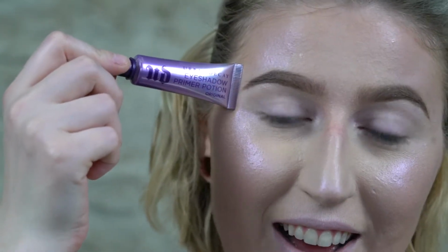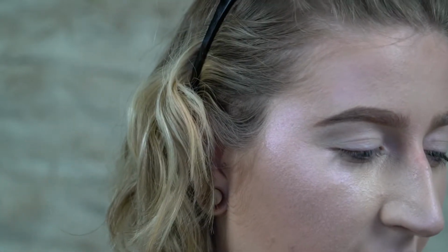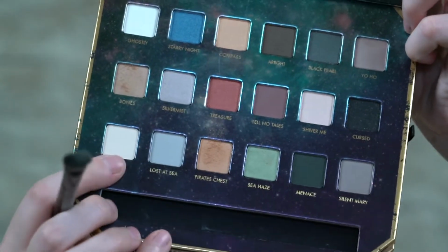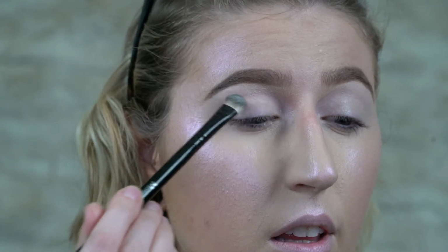And let's just go right in, you guys. I'm going to go in first, obviously, with my Urban Decay eyeshadow primer potion. I'm going to put that all over my lid because of course I am. I am going to take a really dense eyeshadow packing brush, my Morphe B77, and dip into this shade right here, Matey, and I'm just going to set my primer, make it easier to blend eyeshadows later on,